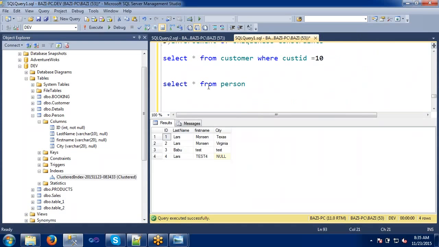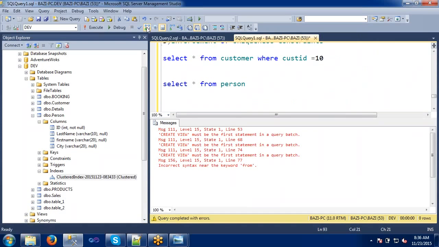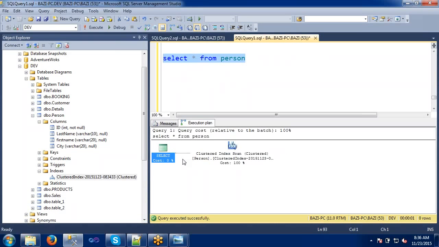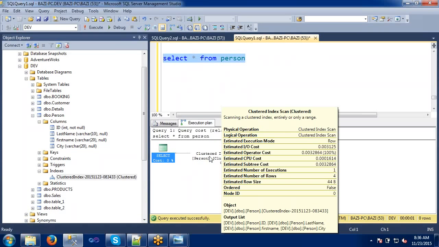How we can see this is, if you come to here, display the estimated execution plan. So we have to click this. Then, if you look into this, it has a cluster index on the table.